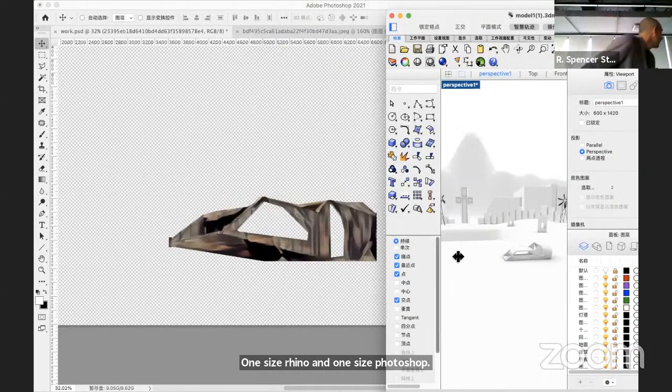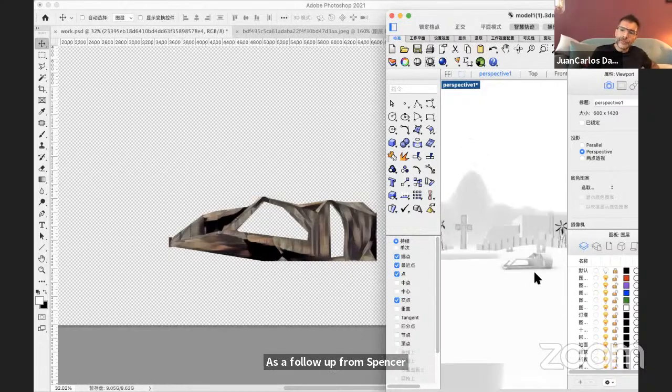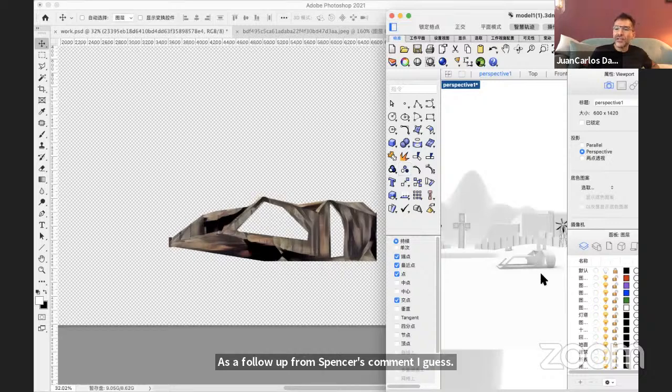As a follow-up from Spencer's comment, I guess the real challenge of the exercise is that you are inspired by the 2D, and then you are modeling a 3D. But when you move to the 3D environment, of course, you have a huge level of freedom, but also you need to control that as a complete 3D spatial space. So